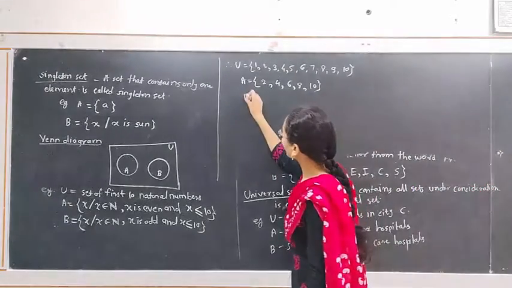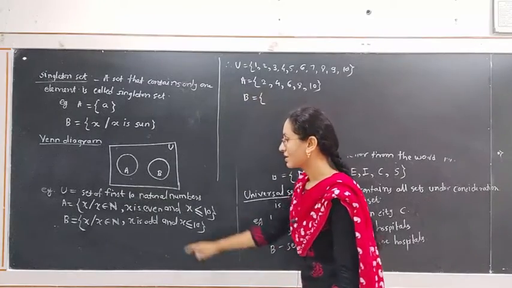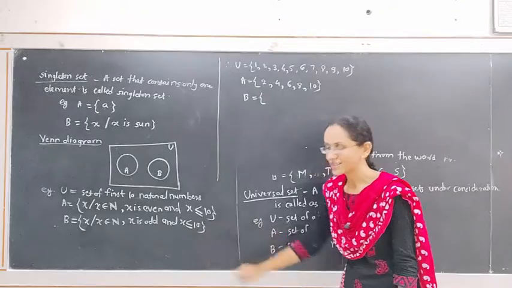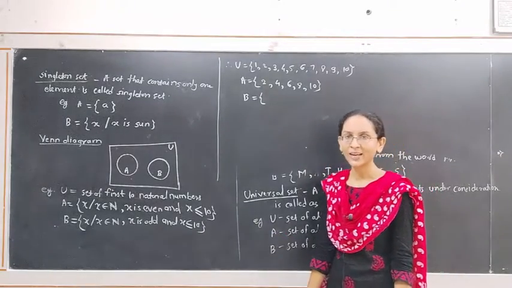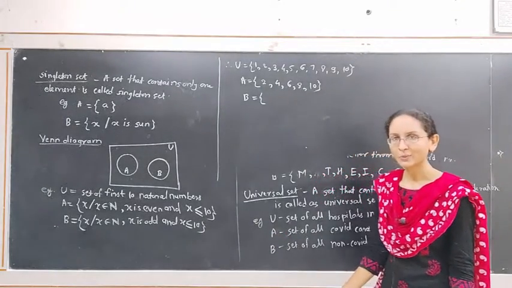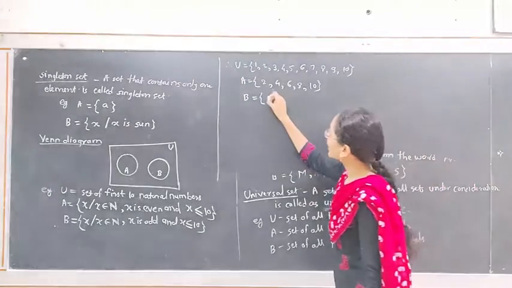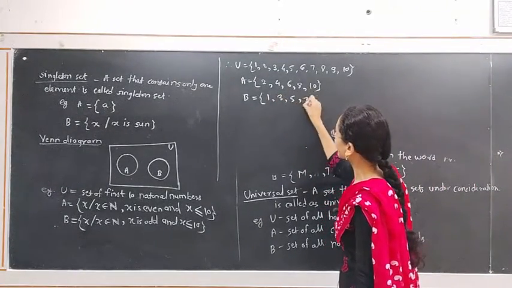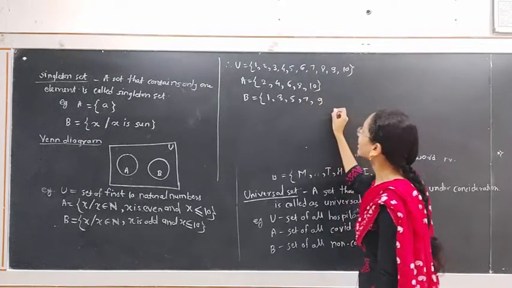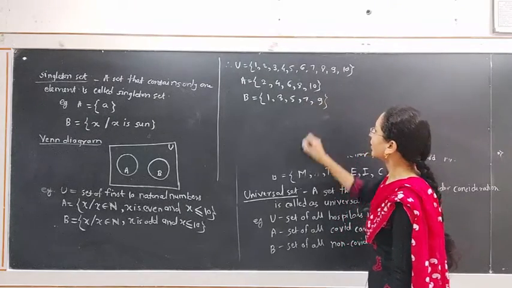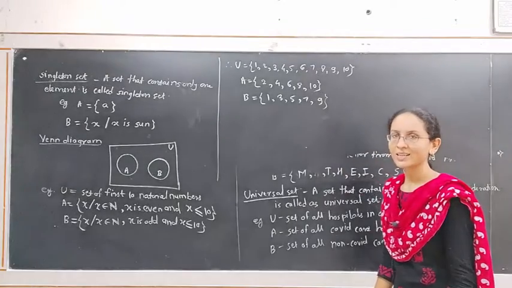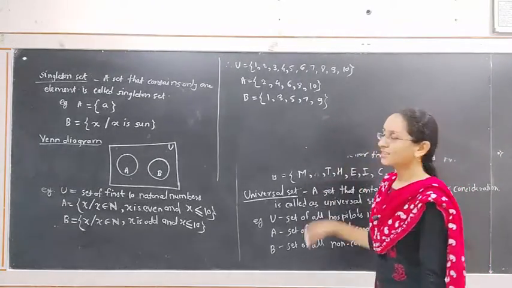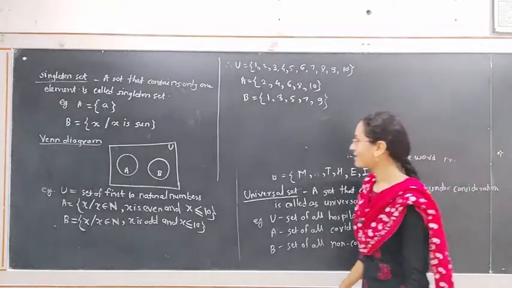Set B is given by the set of all odd natural numbers x such that x is less than or equal to 10. Hence we write the odd natural numbers up to 10, which are 1, 3, 5, 7, 9. These are the 5 odd natural numbers less than or equal to 10. And we represent this set in the form of a Venn diagram as